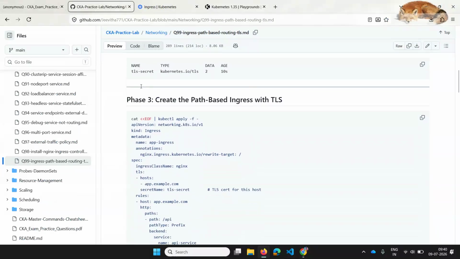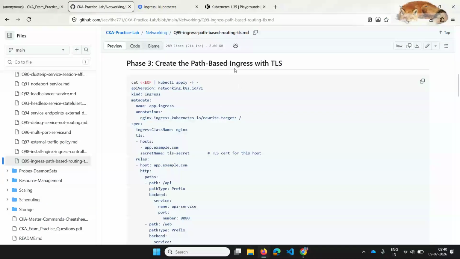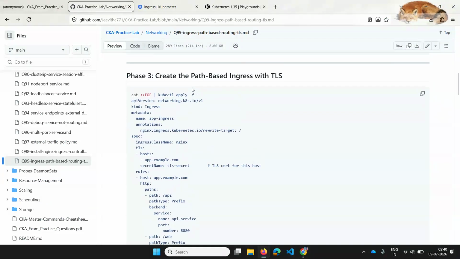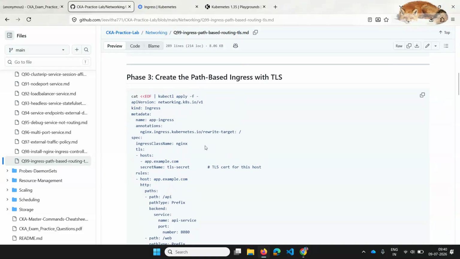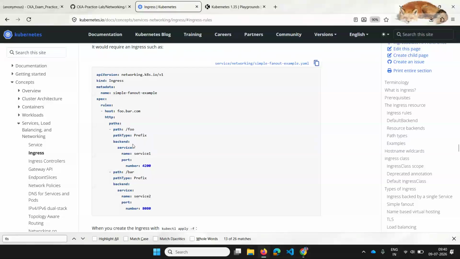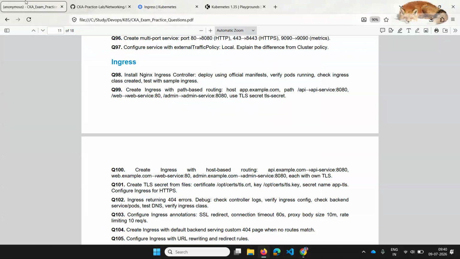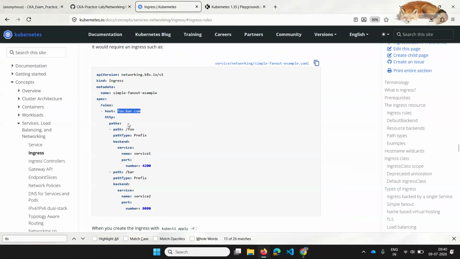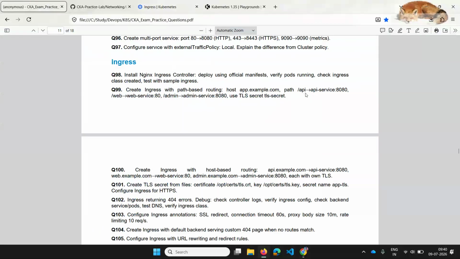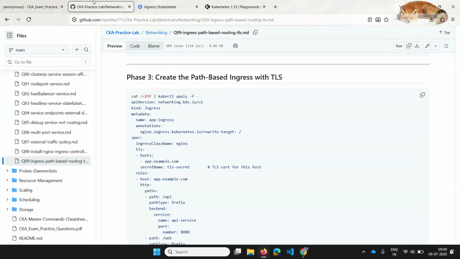Now with that, I will be creating a TLS and path based ingress file. So I can take the same ingress file and edit it. The host name you can edit as app.example.com, and the path you can change to /api and the API service.